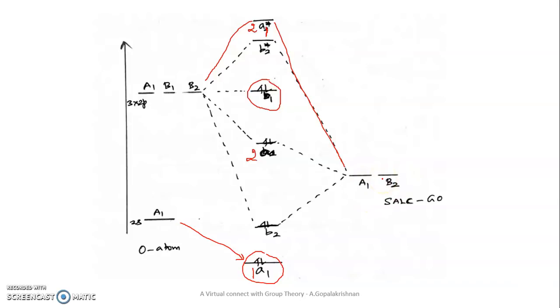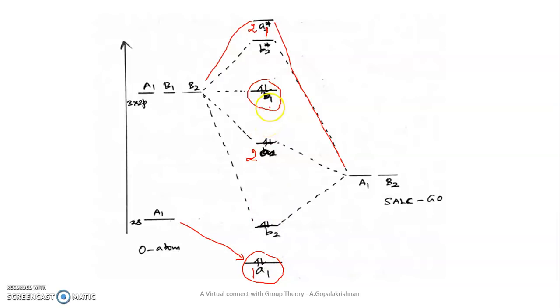Each hydrogen has 1 electron, so the 2 hydrogens have 2 electrons. Now 2 hydrogens have 2 electrons, here we have 6, here we have 2, so total 8. So we have to arrange the 8 electrons in these molecular orbitals. You start filling the electrons from the lowest molecular orbital, the orbital having the lowest energy. So put 2 here, 2, 4, 6, 8. So this is the arrangement of electrons in the molecular orbitals of the water molecule.